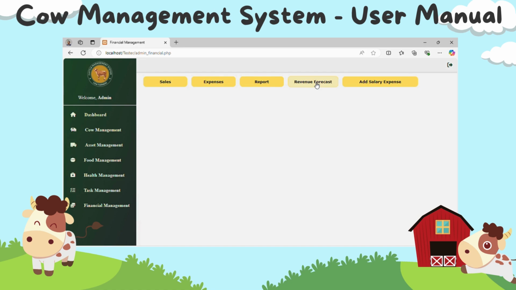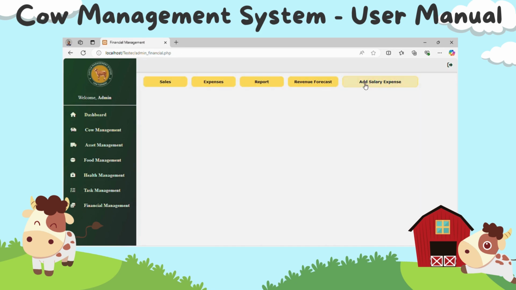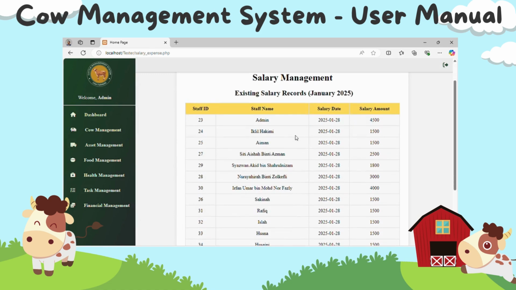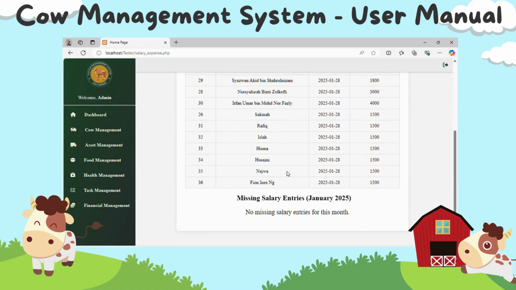Next, we have the AI implemented into this, which is the revenue forecast here. And then here we have the add salary expense, where we will show the records of all the